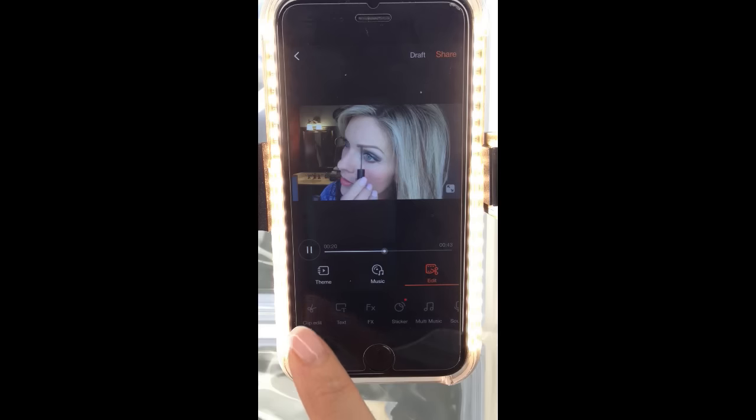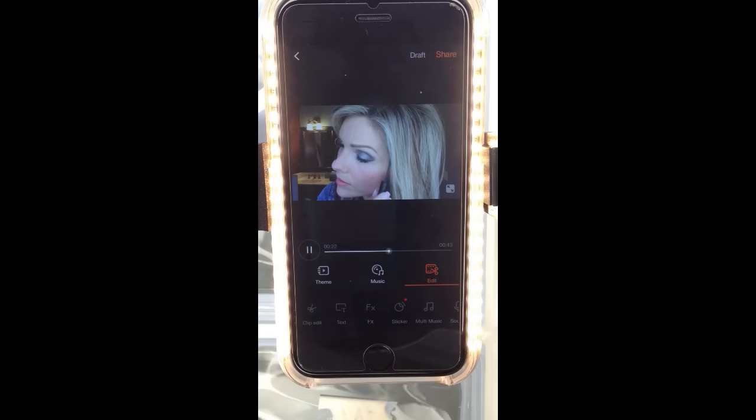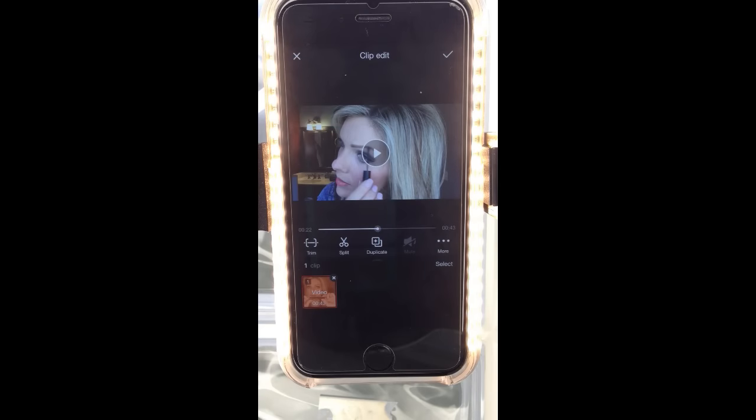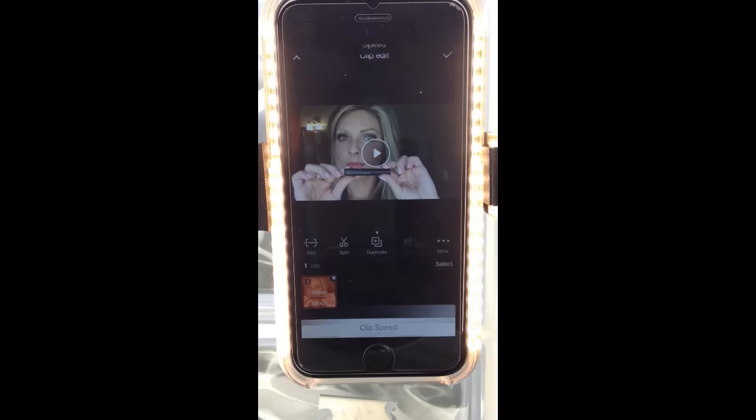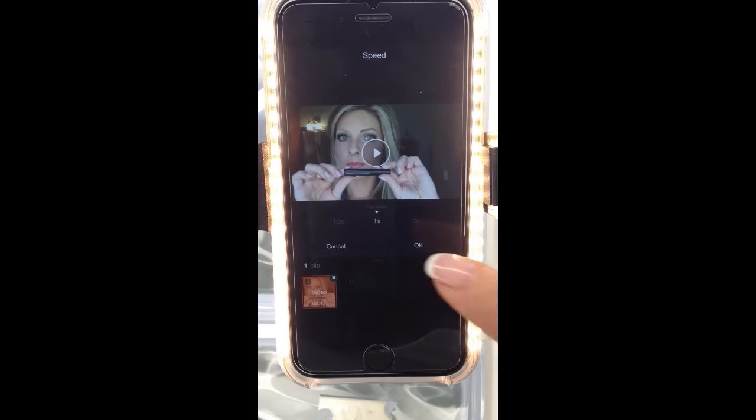So the first thing I want to show you is clip edit. There's a few things underneath this particular menu. So under clip edit, you've got three little lines. I'm going to start over to the right and work back to my left. If you click on more, this is a question I get pretty frequently, and that's how do you speed or slow down your clip. So you can click on clip speed here,